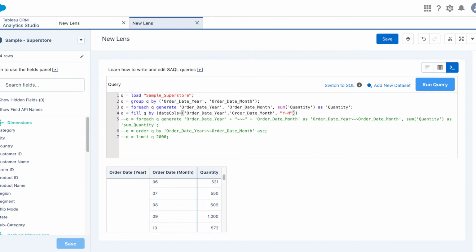Y, comma month, because we have information in year and month. Okay, semicolon, run query. We're going to get the same information, right? Where if any information was missing, it would add that information.